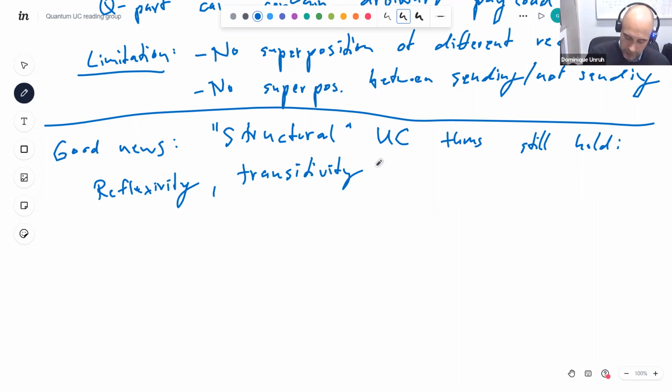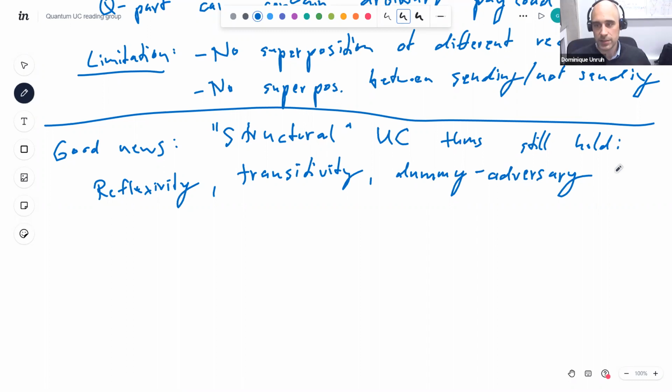So that's also quite intuitive. Then also Ran, I think last time, talked about the dummy adversary, or the time before. So the fact that without loss of generality, you can assume that the adversary is just forwarding messages. This still holds. A small caveat that applies in the same way as in the classical model. This holds, but it only holds if you get all the things about polynomial runtime right.